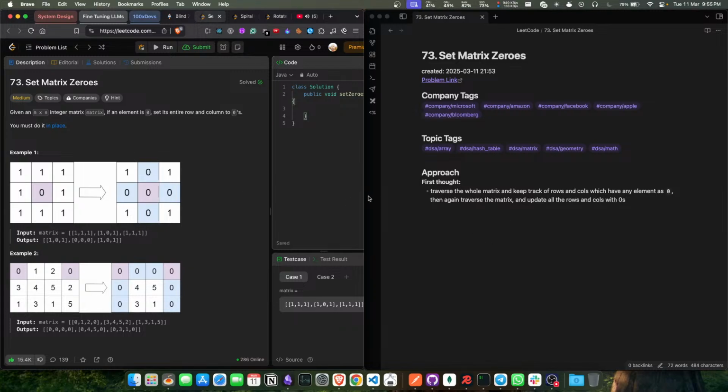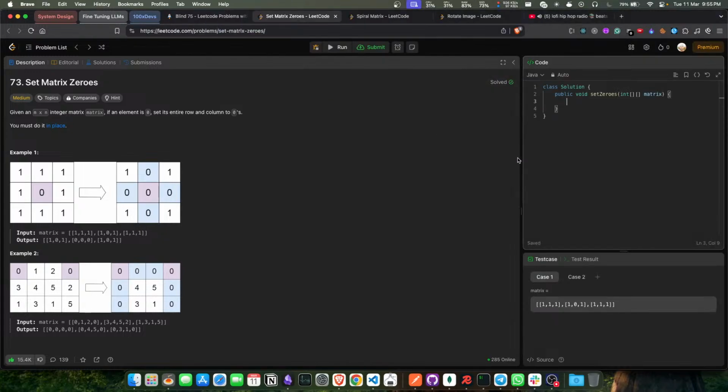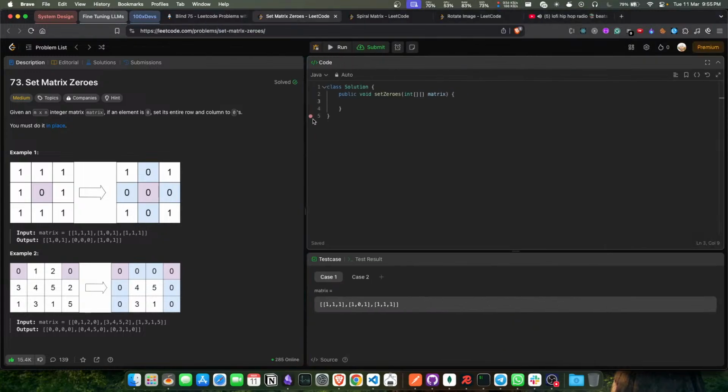Time complexity of O of m cross n, and space complexity will be O of max of m comma n, right? Yeah, so what I'm suggesting over here is something like